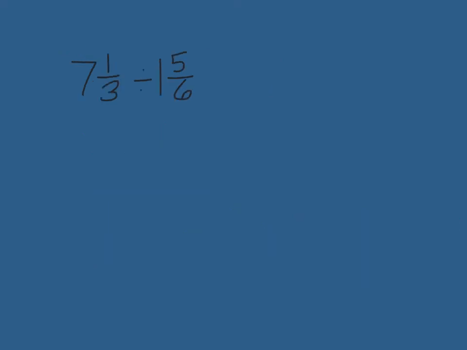Okay, I want you to try this example now, 7 1/3 divided by 1 5/6. Pause the video and come back and check against my work. So I have 7 times 3 is 21, plus 1 more is 22 over 3, divided by 6 times 1 is 6, plus 5 is